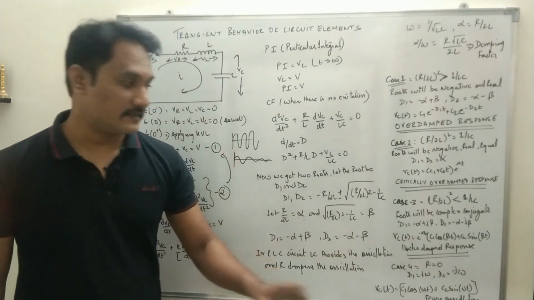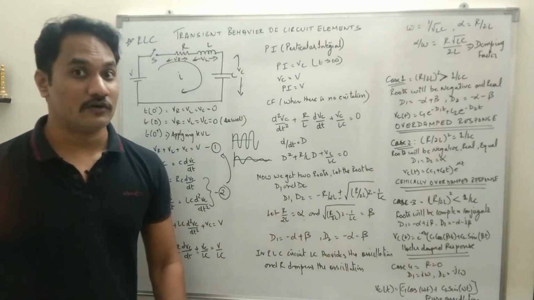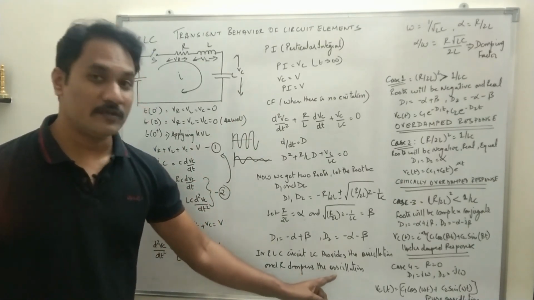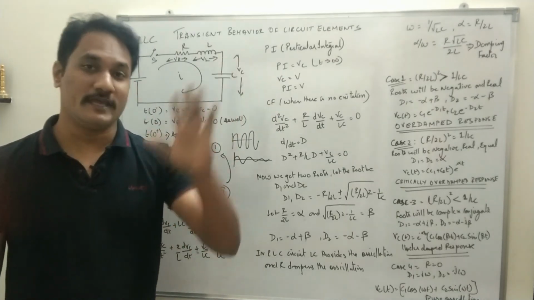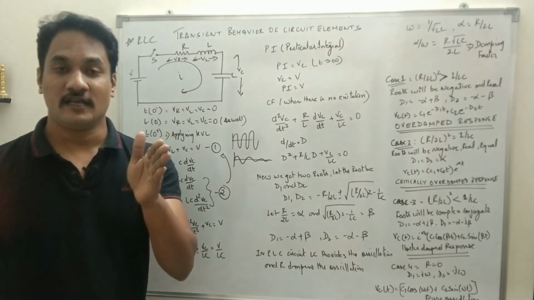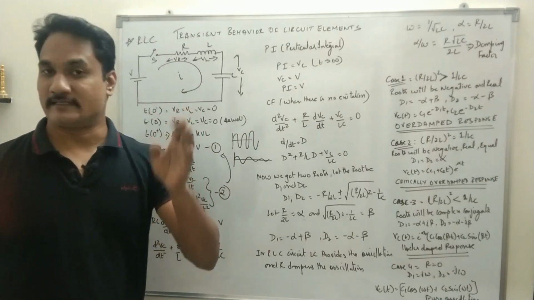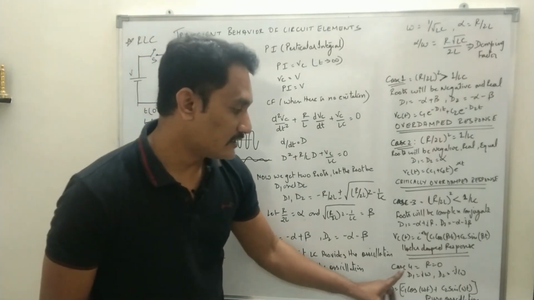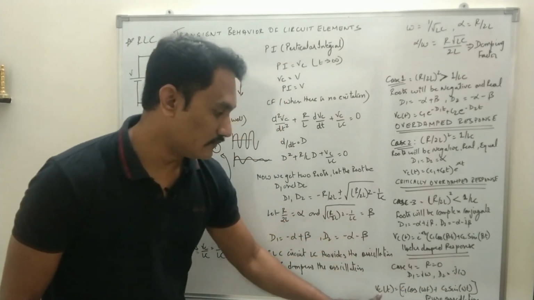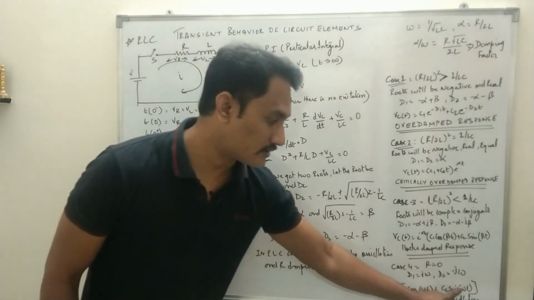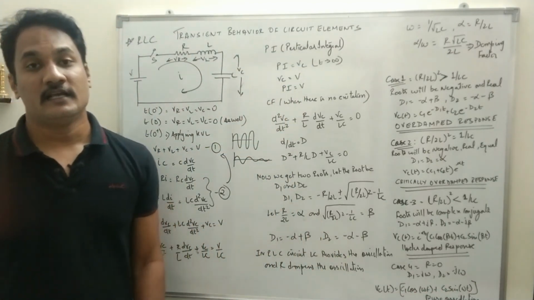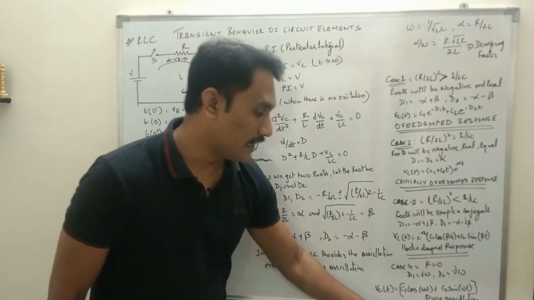In the fourth case, you make R equal to 0. See, what was R? R was the damping factor. In the oscillation, R is the damping part. So if you remove R, that means you make R equal to 0, then the oscillation produced by the circuit will be pure whenever an external excitation is provided. So case 4, R is equal to 0, D1 is equal to j omega and D2 is equal to minus j omega. So the voltage across the capacitor will be C1 cos omega t plus C2 sin omega t, and mathematically it proves that the circuit will produce a pure oscillation.